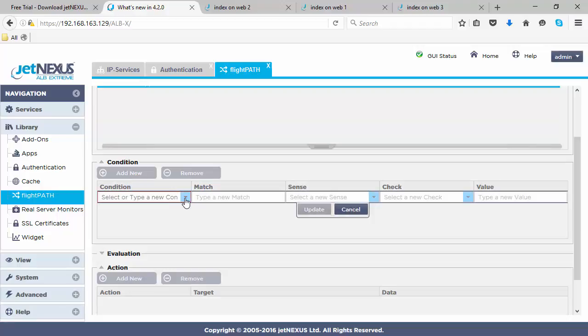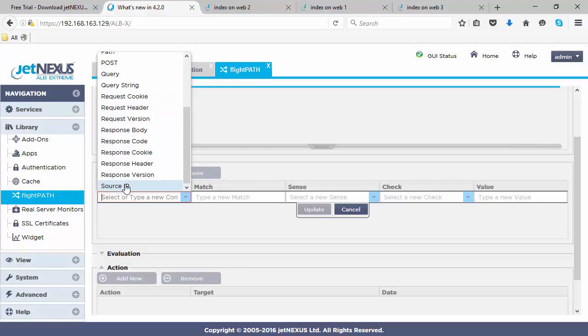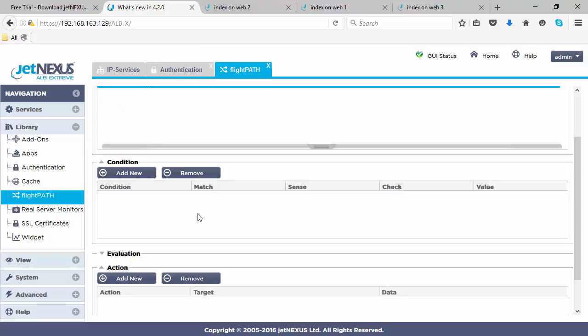But an interesting condition could be geolocation. So you might want to geolocate and only have people from outside of the UK authenticate. You might want to be more specific and use the origin IP or the source IP, and then you only have to authenticate people outside of your local subnet. Anything inside will be allowed through automatically. Anything on your DMZ subnets, or that comes through from the DMZ, or from anywhere external to your local IP addresses, you could choose this, but we're going to leave it blank for now